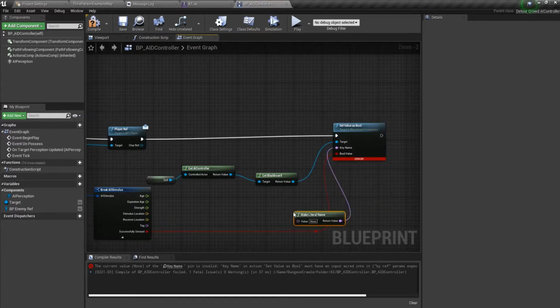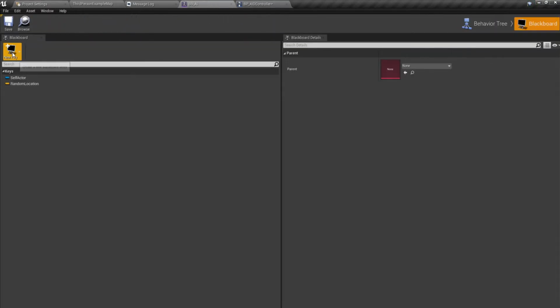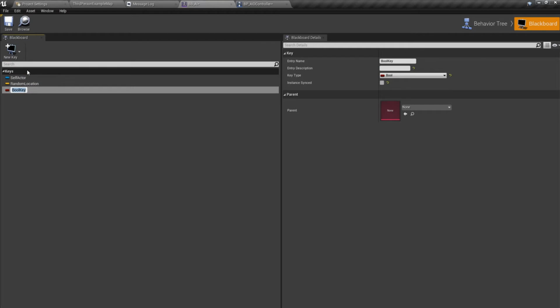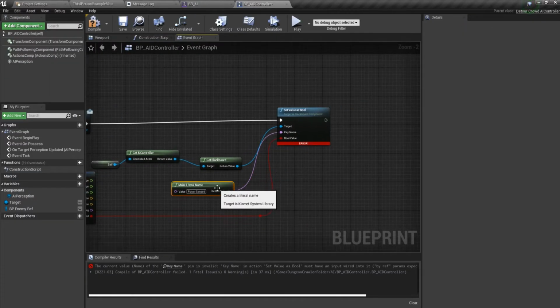So I'll make this a literal name. And for this one let's go to our blackboard key and we'll make a bool first, and this one will be player sensed. And now just copy this one, okay, save, and paste whatever you wrote over there,